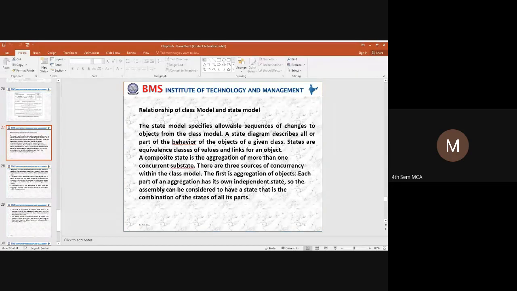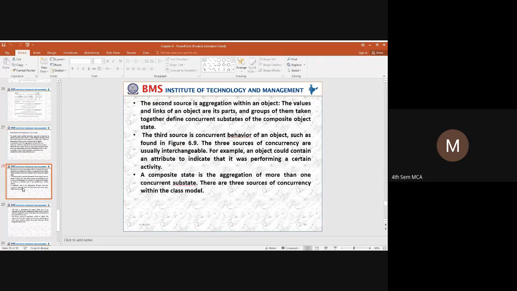Next is, when we are using an aggregation of the object, each part has its own independent state. When you observe the aggregation, that is when you are trying to describe different parts, each part has its own role, and it is going to carry out its own task. When it is going to perform a task, the entire object behavior is going to change. That can also be represented in a state diagram as an aggregation of parts, as we have represented in a class model.